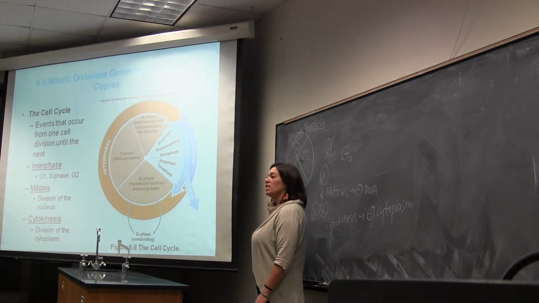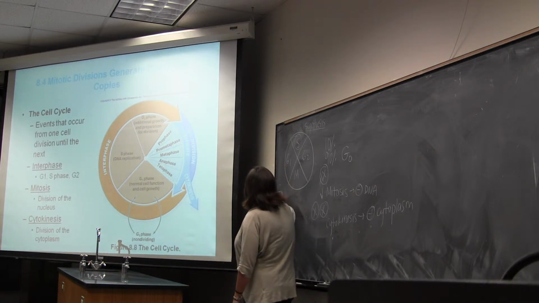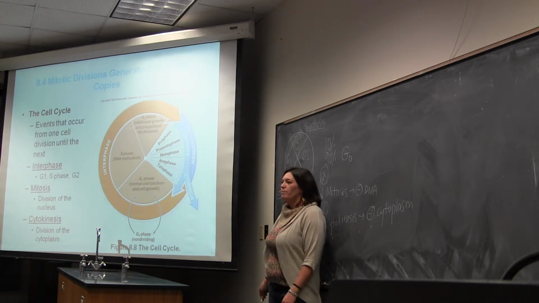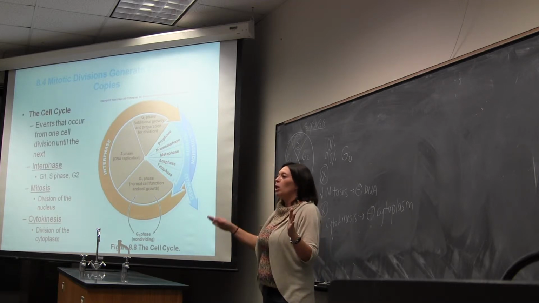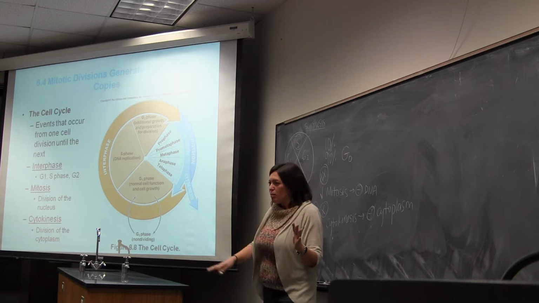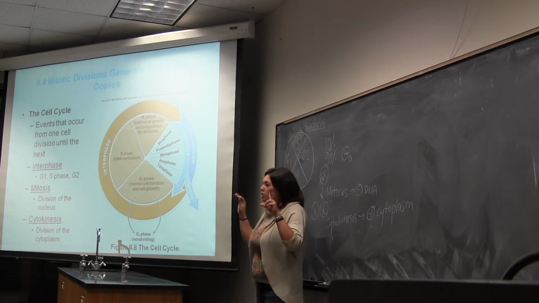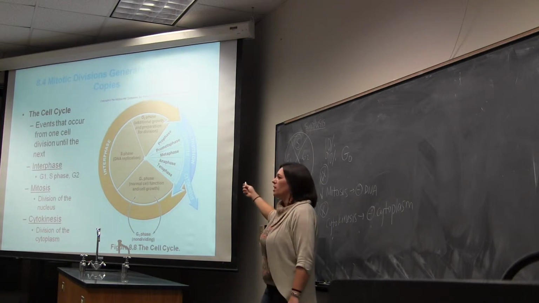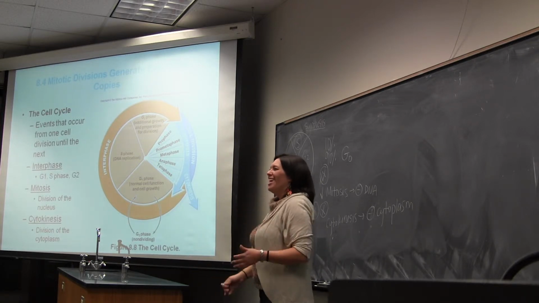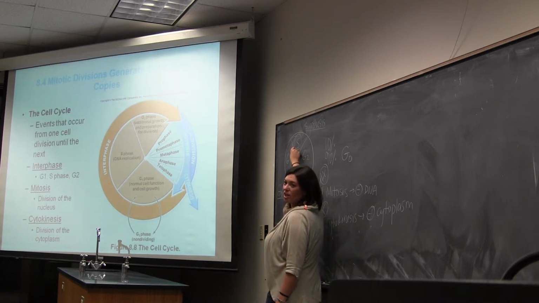And so when a cell enters into the cell cycle, it receives some sort of signal, like, okay, I need to make a copy of myself. So this cell will leave the G0 state, and it'll jump into the cell cycle. And it's not like the cell cycle is a physical thing. It's just kind of an internal clock that's regulating the process of cell division. And so when it knows that it needs to go into cell division, it'll enter the cell cycle and enter into this G1 phase, this growth phase. And again, in that G1 phase, the cell's doing its normal thing. It's getting ready to start preparing to replicate your DNA, because that's the very next phase in the